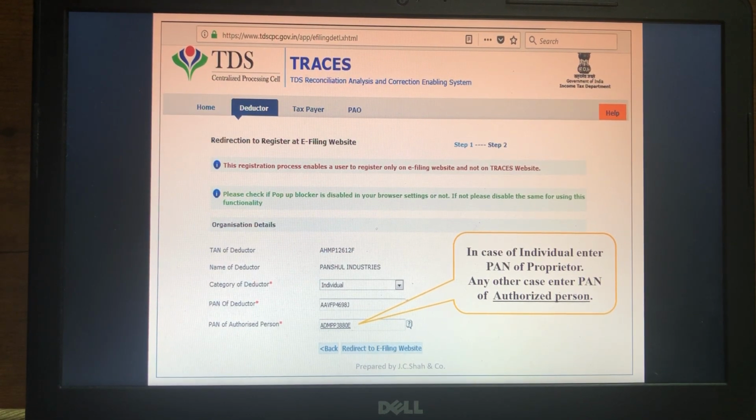Now when you enter the TAN number, the name would be auto-populated and it would show the category of the deductor, that is, whether it is a partnership firm, a proprietorship firm, a company and so on. Sometimes the category of the deductor might show wrong, so you can change it accordingly.